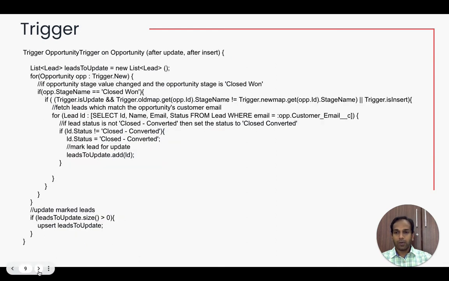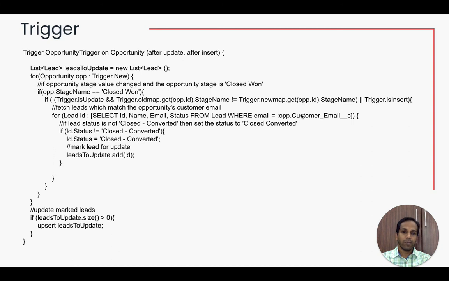So let's go and take a look at a sample trigger. So here this trigger is called the opportunity trigger. What this does is it runs after an update or after an insert, and we just create a list of leads. It's an empty list called leads to update. Now we just loop over the opportunities that caused this trigger to run. We go over every opportunity. We check if the stage is closed one and if the stage was changed just now,